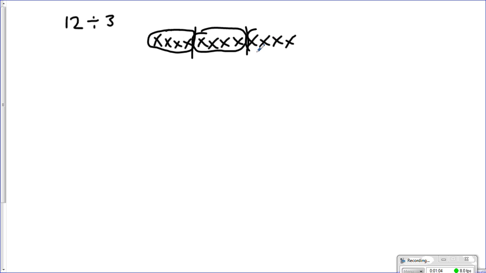Many people think about taking 1, 2, 3, 4, 5, 6, 7, 8, 9, 10, 11, 12, and dividing that into 3 equal parts, and each set has 4 in it. Well, that works great if you're dividing by a whole number, but that perspective of division doesn't work very well